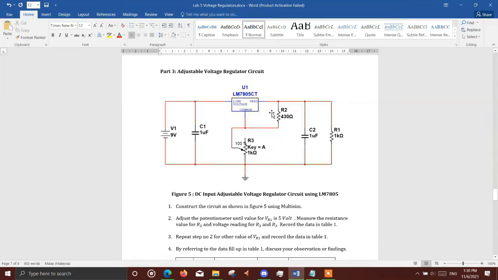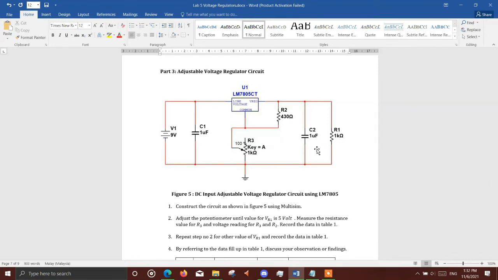So moving on to Part 3, the adjustable voltage regulator circuit. We are going to construct the DC input adjustable voltage regulator circuit using the voltage regulator LM7805 in Multisim. The DC power will serve as the input voltage, and the voltage across R1 will serve as the output voltage. The usage of the capacitor is to help smooth out the power supply in case of abrupt